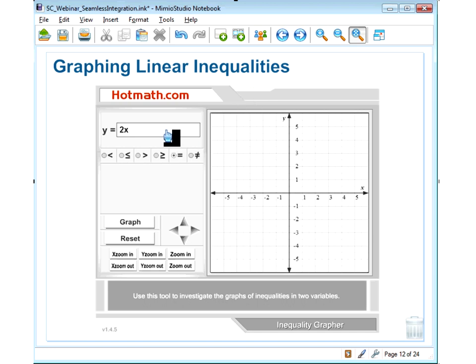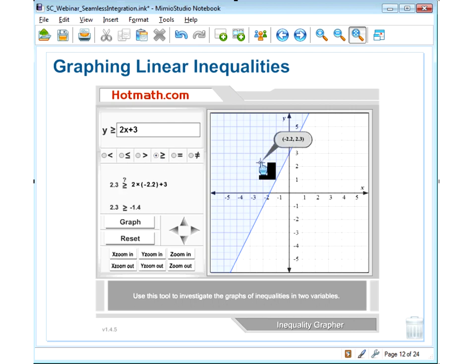And how this works, I might be graphing y equals 2x plus 3, but I might want to make that greater than 3. So you can see the graph automatically sticks with the inequality. And I might discuss with my students what would change if I made this greater than or equal. And they would see the boundary line turn into a solid line. Very simple multimedia piece to use, but extremely effective for speed of pace when you're testing hypotheses,